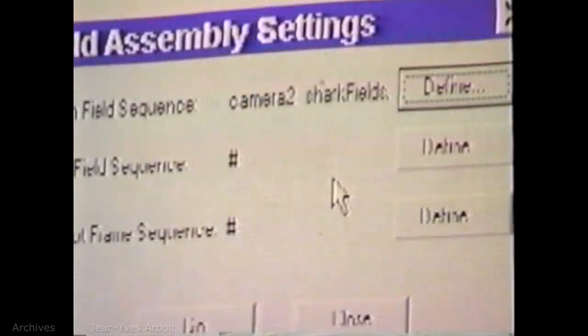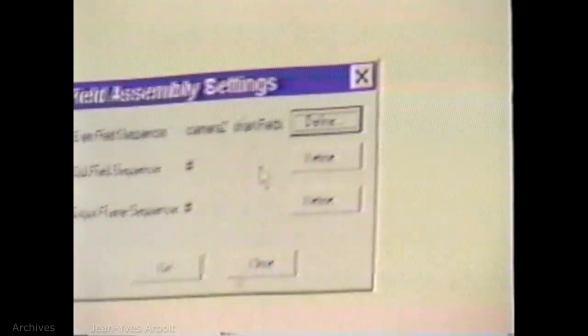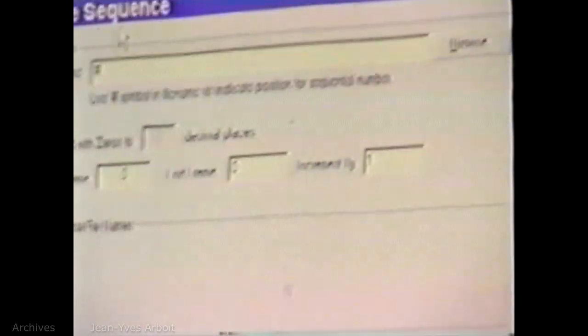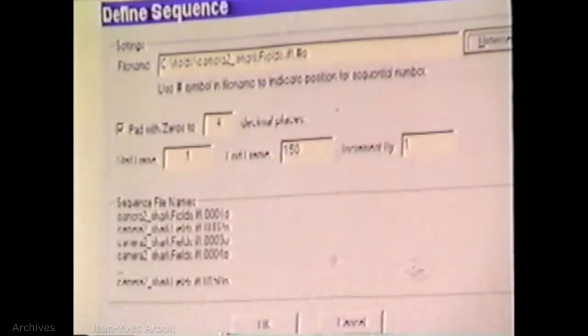So does it fill those out from the list, by looking in the directory? Yeah, it usually just fills it out. But I'll show you how that works too with the output sequence. So I'm going to define the odd sequence right here. So I go to my odd sequence, hit that,